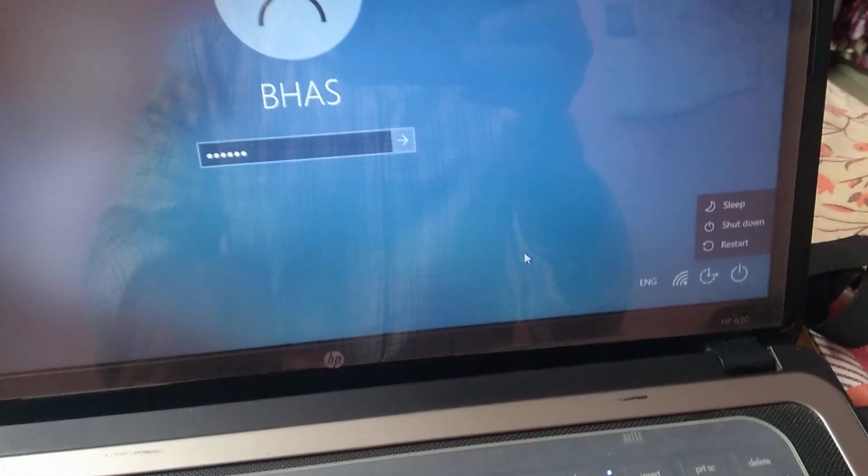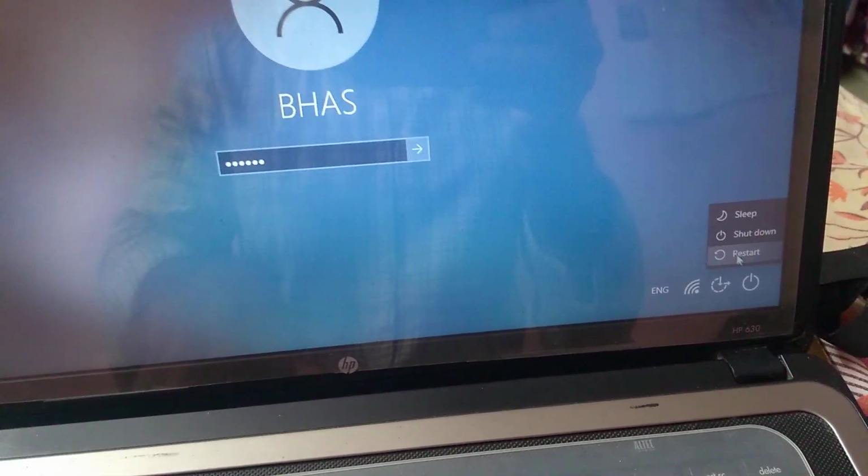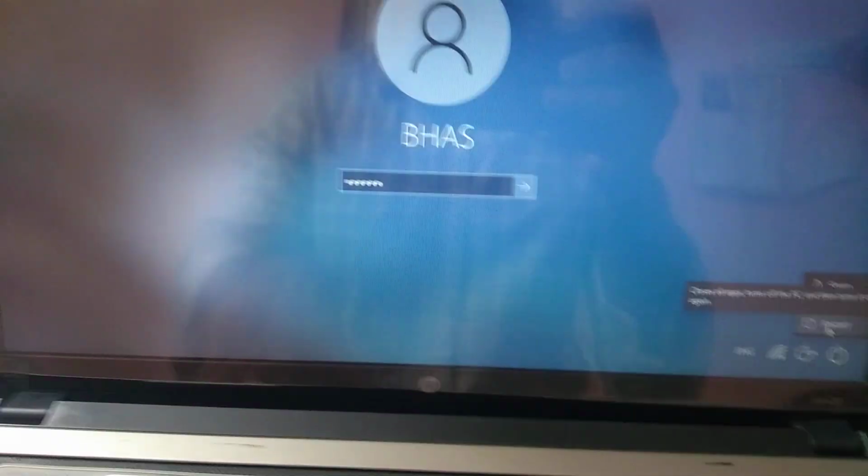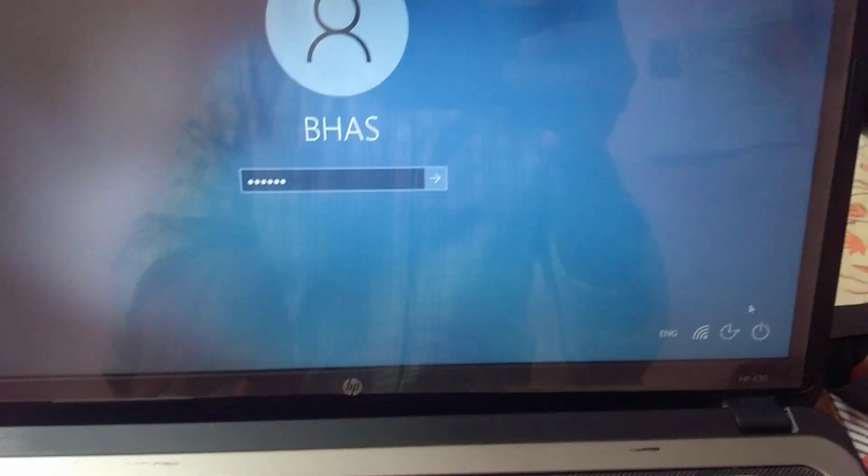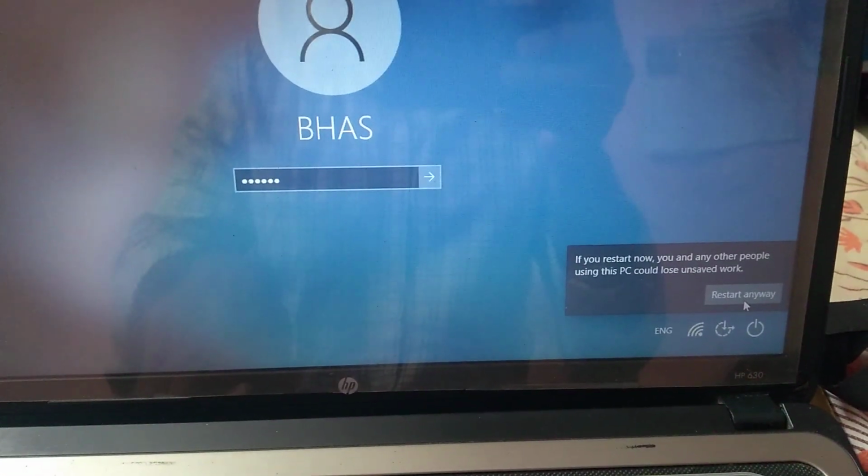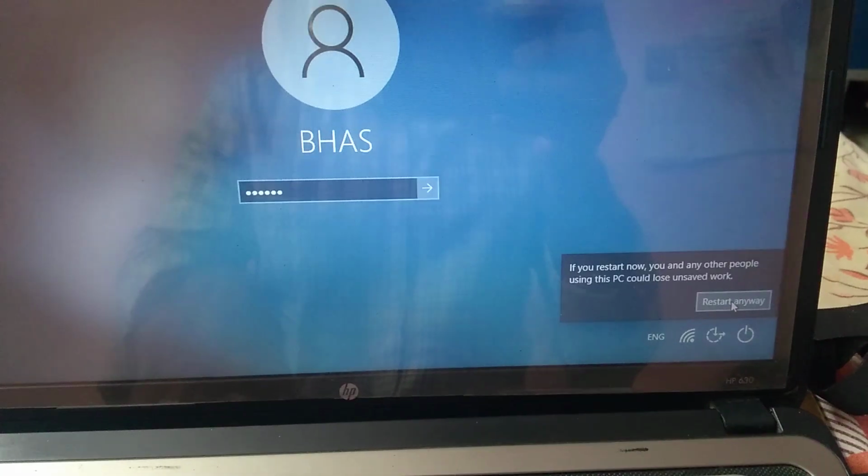You hold this shift button and then click the restart button, so that it will take you to the troubleshoot option. Okay, now that is what I am doing. I am just holding the shift button and then clicking on restart. You can also do it another way. Yeah, restart in any way.